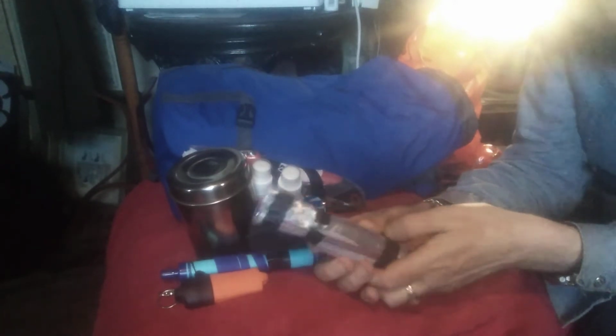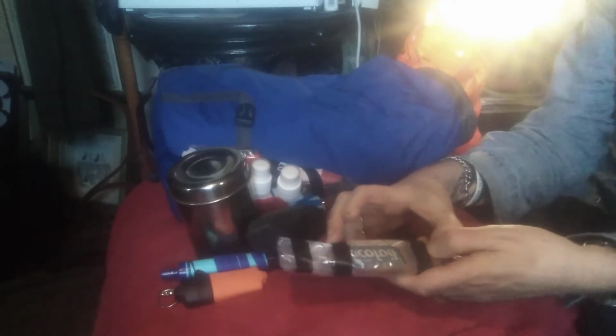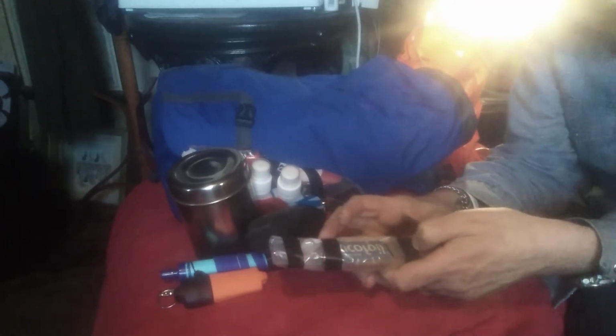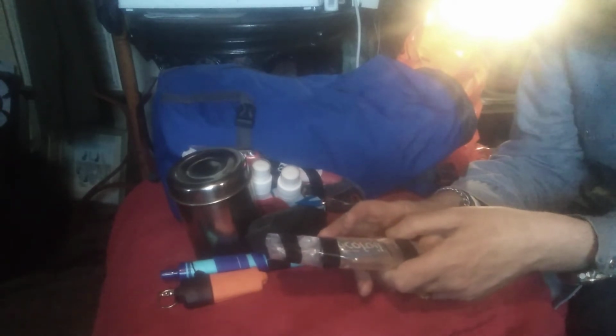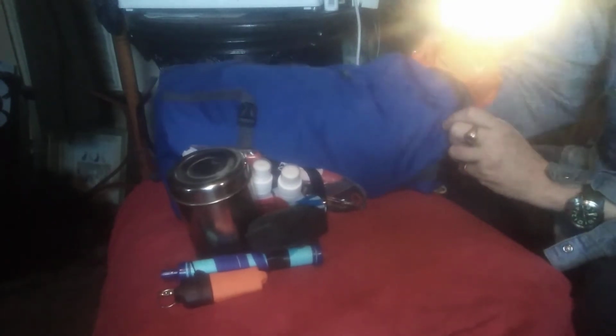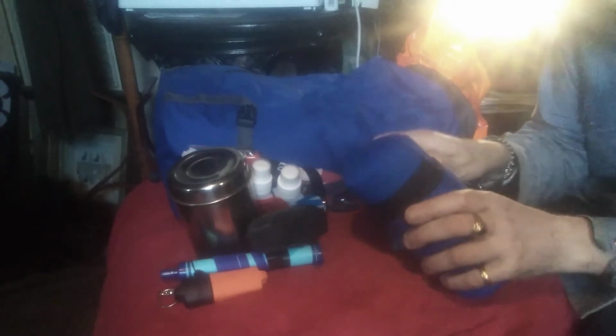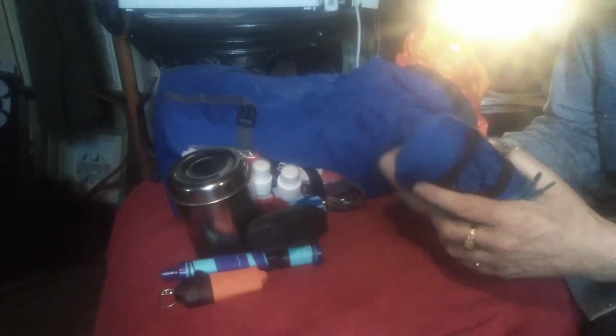In here, in this Ziploc bag, I have a small bottle of hand sanitizer, the alcohol type, which turbocharges your fires when you light them, so that's cool as well. And what else have we got? Oh yes, now then, what's in this? Just like Christmas opening all this stuff. Ah yes,